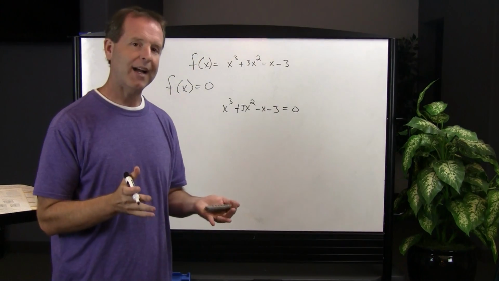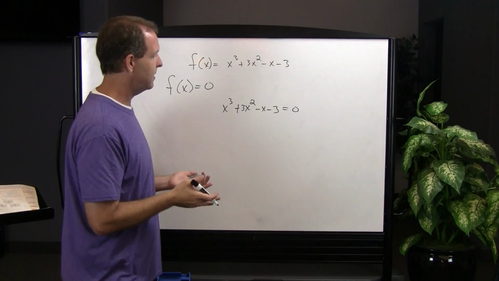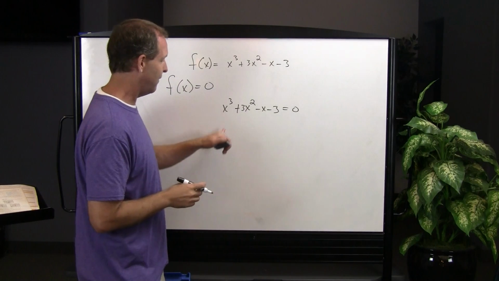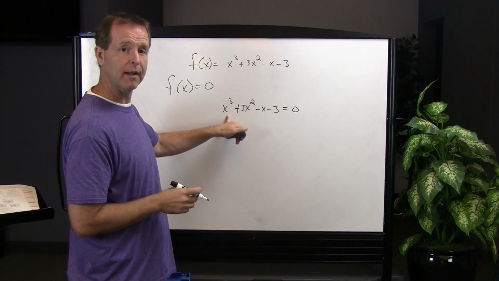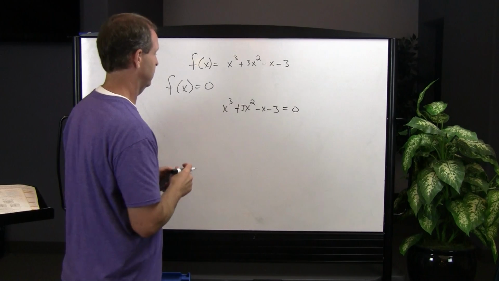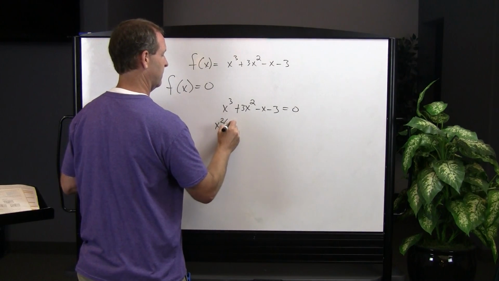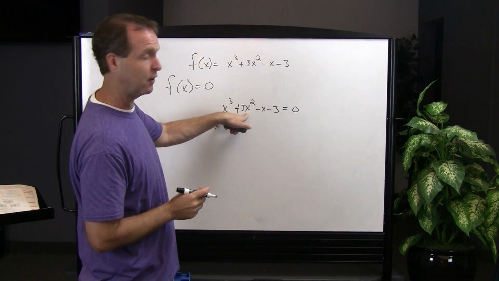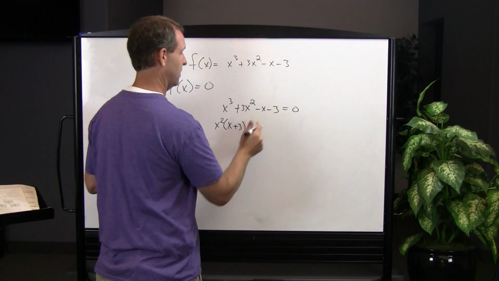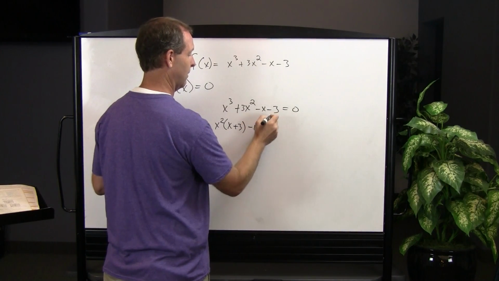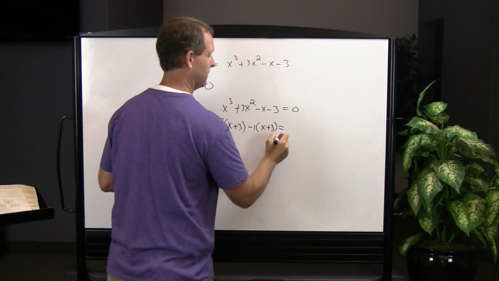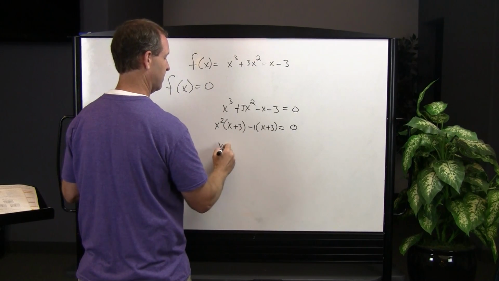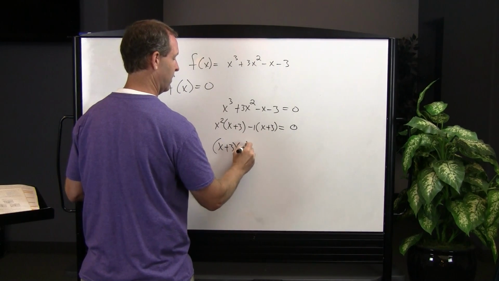Well, if we draw back on some of our prior learning, we learned that sometimes we need to factor in order to find out where it crosses the x-axis. And this one is a factorable term if we remember that we can factor by grouping. So factor by grouping means that I'm going to try to factor out a binomial from these first two terms and these second two terms, which I'm going to factor out a -1, and I'm left with an x plus 3. And I can see that I have an x plus 3 common to both sides. And I'm left with an x squared minus 1